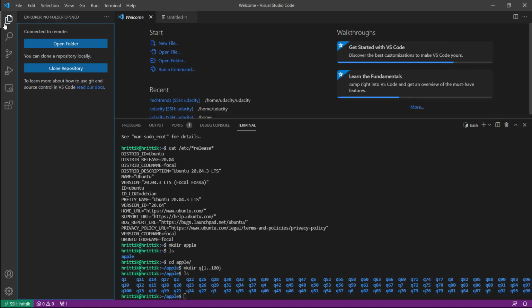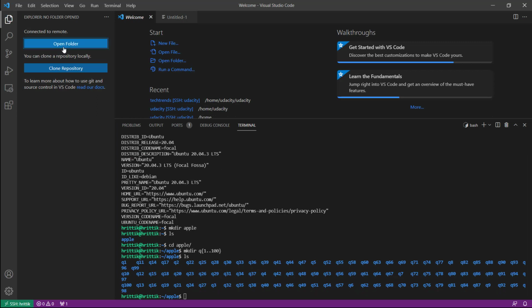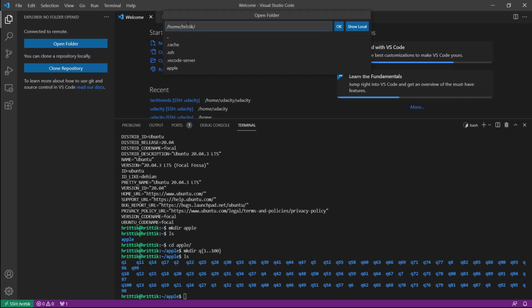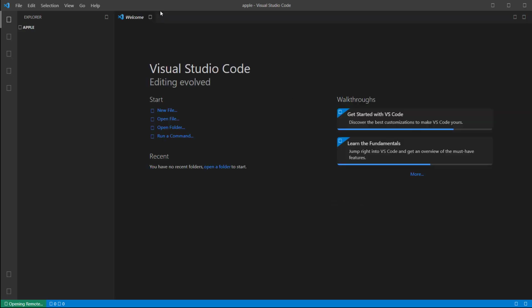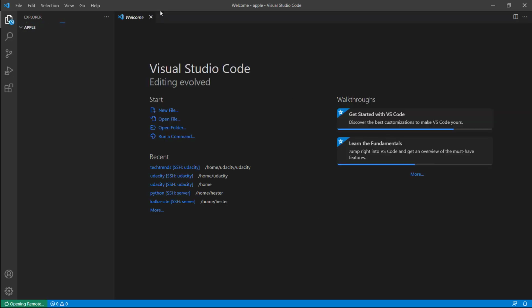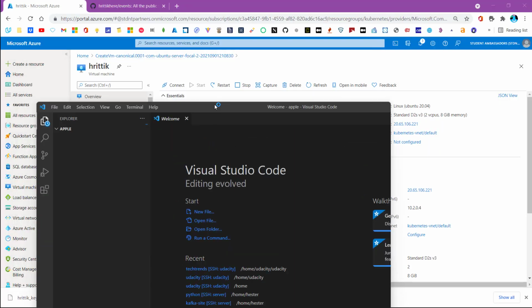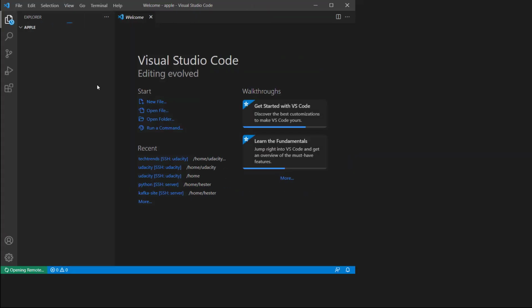How would you connect to them? Just go and open folder. Choose your directory, I have an Apple folder. Go here and click OK. The window will load, and you can load a lot of windows like those. All those windows would be visible.